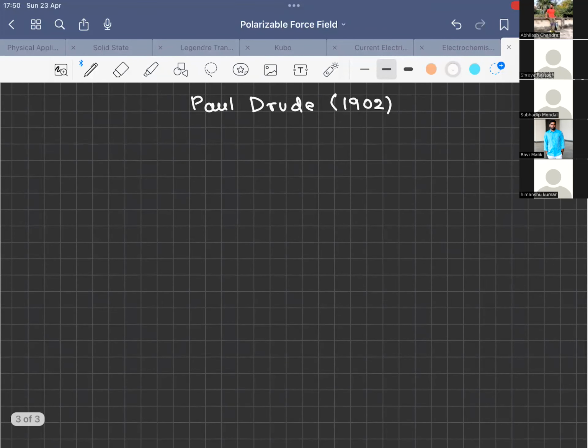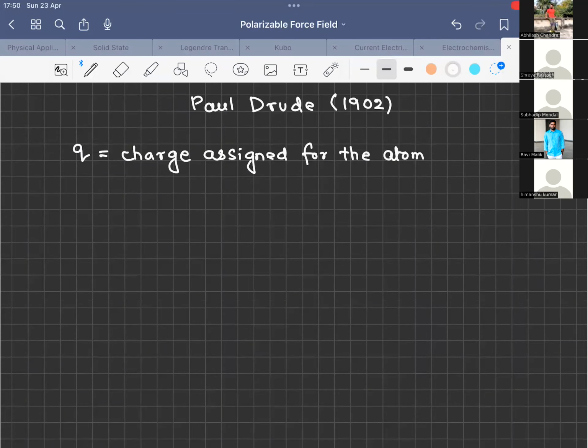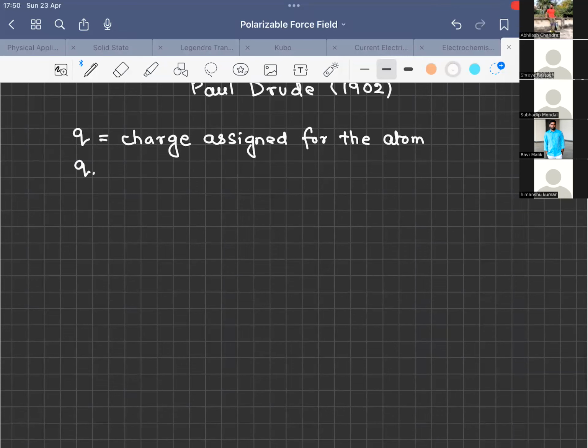In a given atom, they assign the charge q. q is the charge assigned for the atom, and they assign another charge q_D for the Drude particle. And d is the distance between this Drude oscillator and this atom. So after assigning this charge q to the atom, and q_D for the Drude particle,